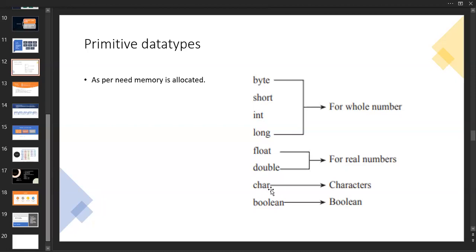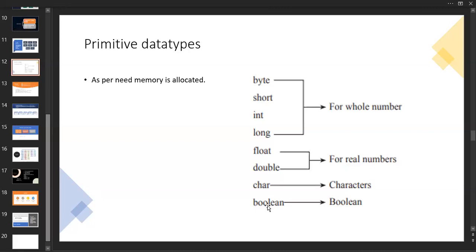Then char, which goes inside single quotations. The last class I already showed you. If you want to use a single character inside your program, you take it within single quotes. It is a single character in between single quotes. Okay, what is a boolean? Boolean consists of 2 values, either true or false. Sometimes it may be null, that doesn't matter.